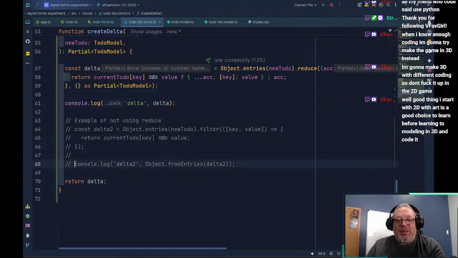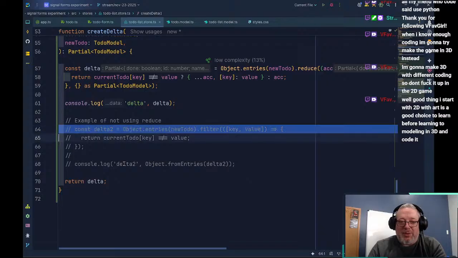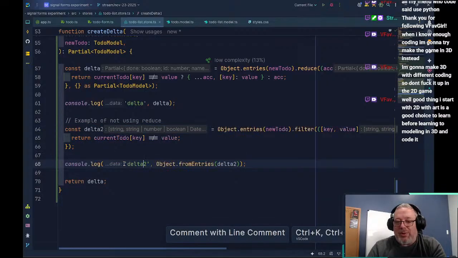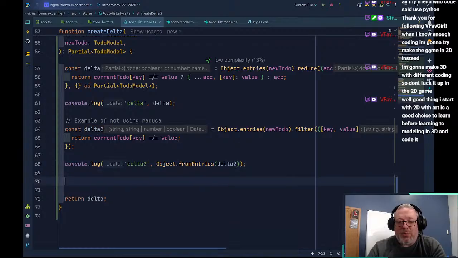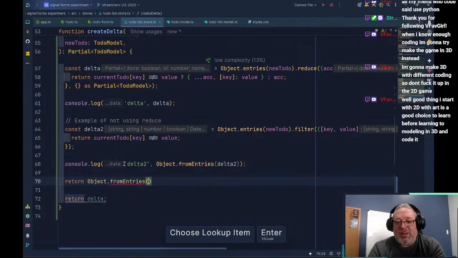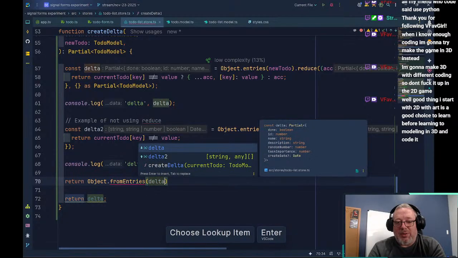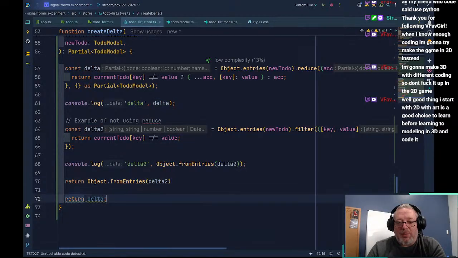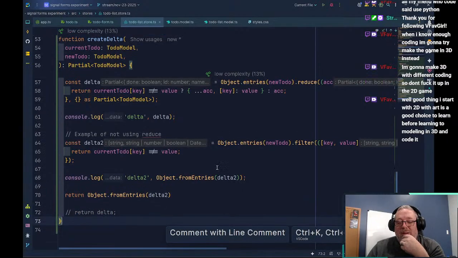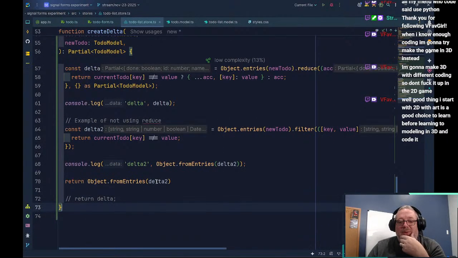The problem here with the filter is, like, if we want to, say we want to return Object.fromEntries, and we're going to use delta2. Oh, never mind. It's perfectly fine with that.